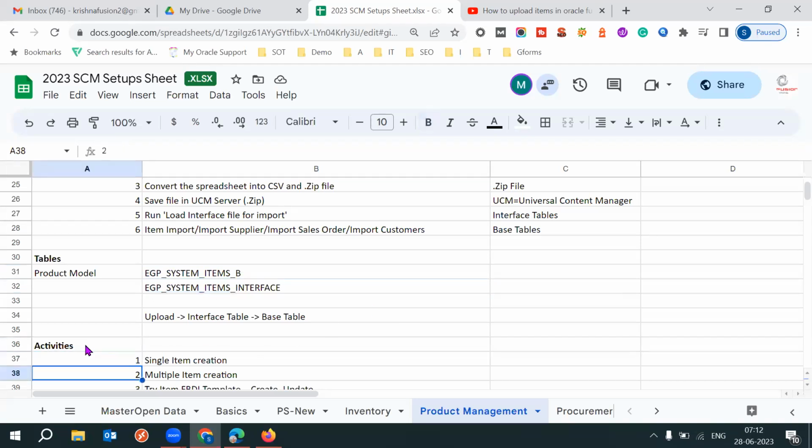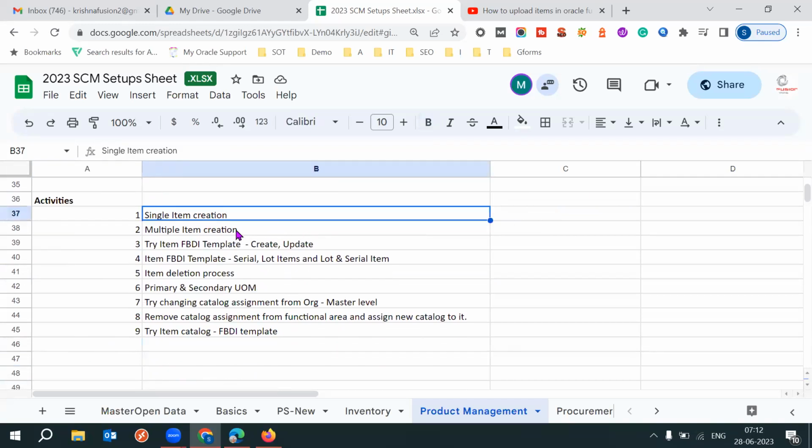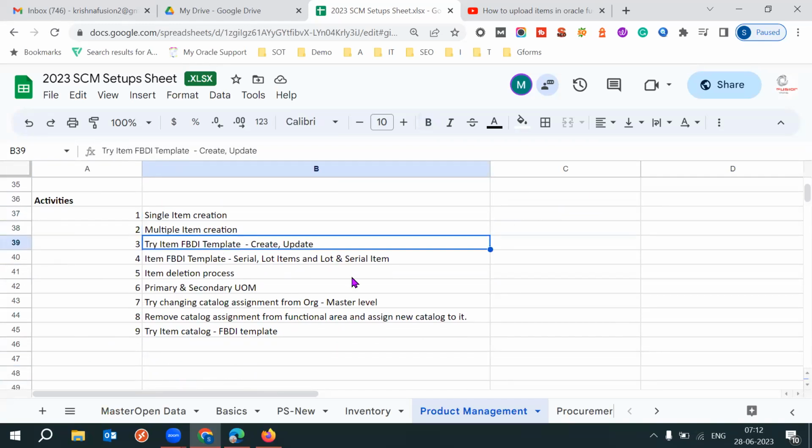And coming to the activities that you have to try: single item creation, multiple item creation, and FBDA upload. So using FBDA, not only creating the item, you can also update the item attributes. Not only create, try with the update operation also. Okay. After that, using the item FBDA template,